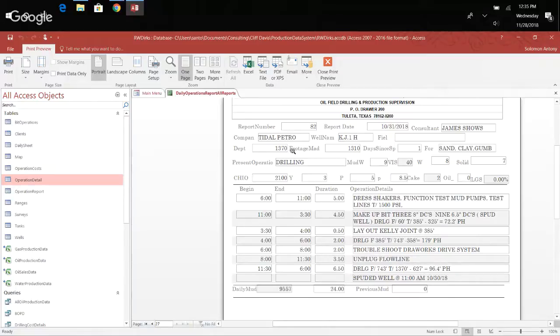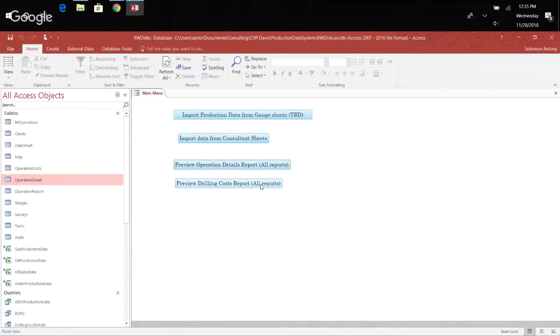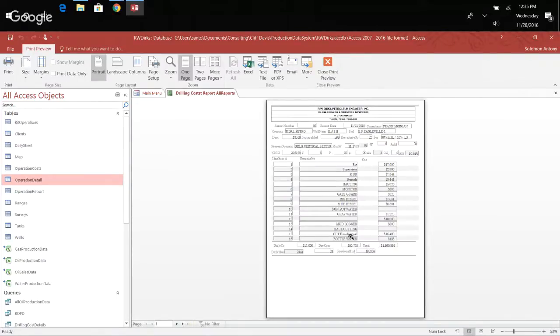Okay, so filtering, putting the data in a database gives you lots of flexibility in being able to query and report and all that. So this is the operation detail, and let's take a look at the cost report. So cost report,